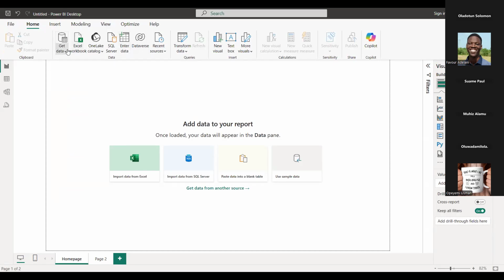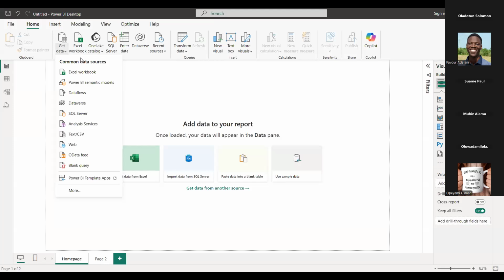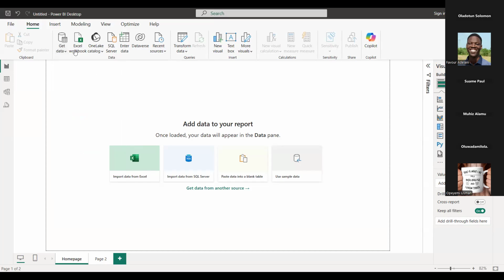So we have data sources that we can connect Power BI to, and that's why we have some of them listed here. We have Excel, SQL Server, paste data into a blank table, use sample data.